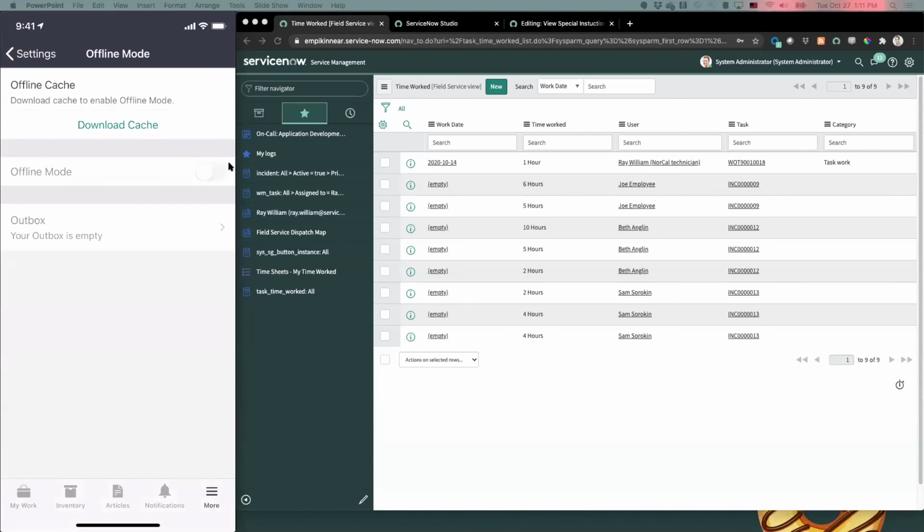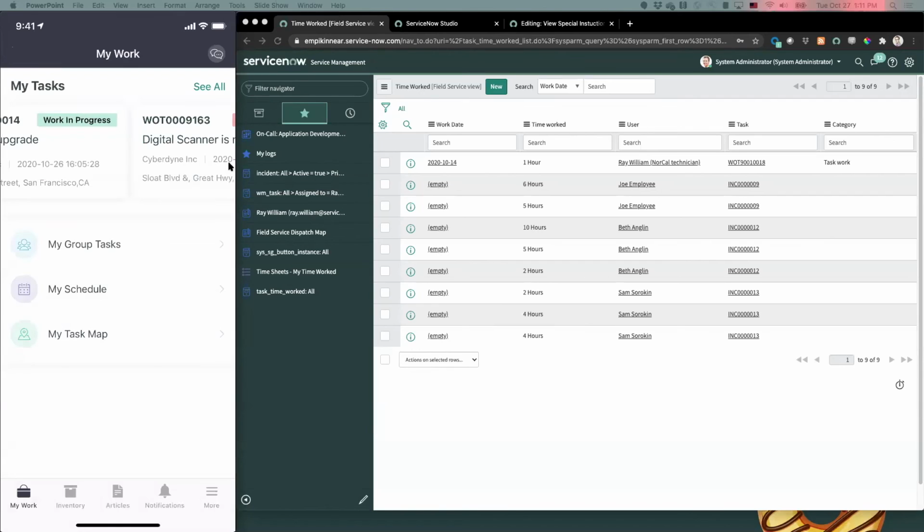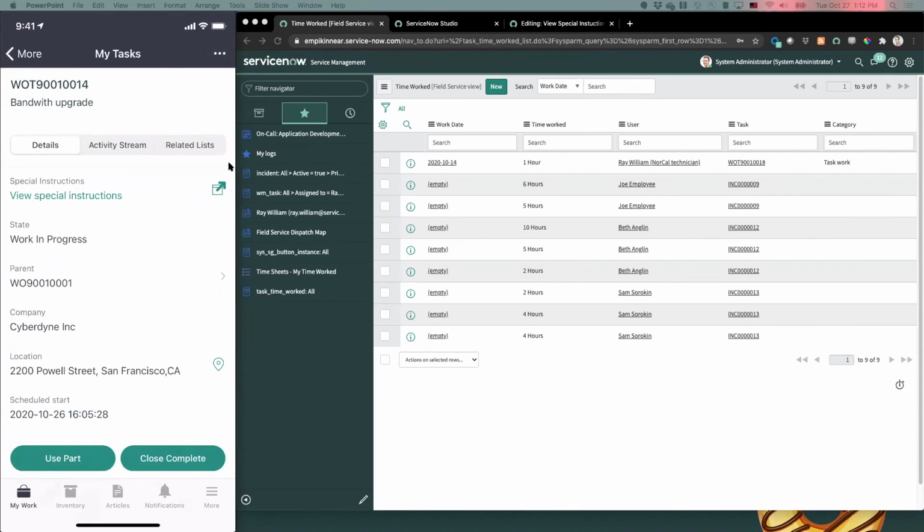What I want to do is get into my use case here. So basically what we're going to do is look at a scenario where perhaps you need to have your technicians record their time before they're going to close a task. So in order to do that, well, let's take a look first. Let's open up a task here. So I can see right now I haven't made any changes. I can tap close complete. I could close out that